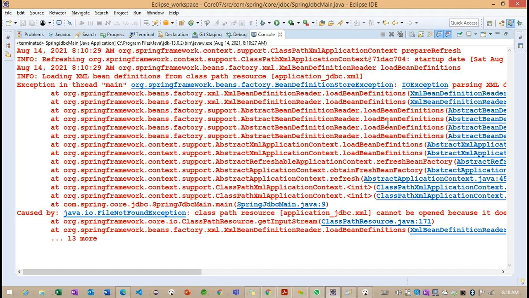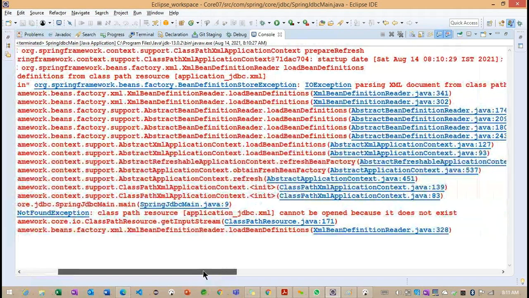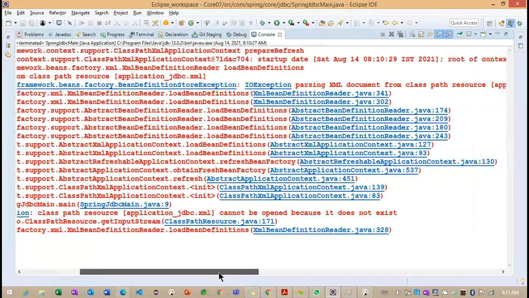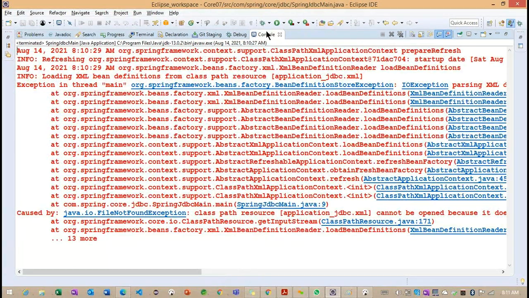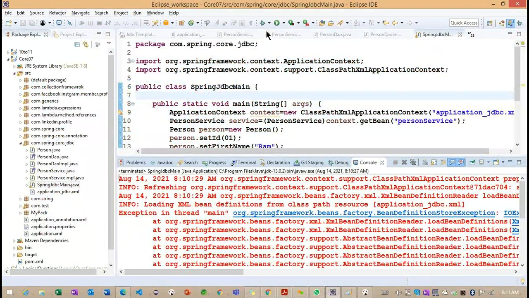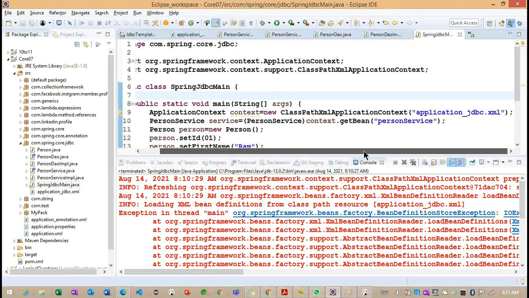This is important here: application underscore JDBC.xml. Class path resource application cannot be opened because it does not exist. Okay, so if it does not exist, first we need to check application underscore jdbc.xml. We created application underscore jdbc.xml, right?